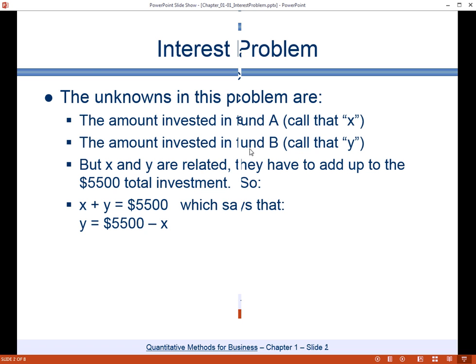So if you look, we've got right here X plus Y equals $5,500, and for this particular case, the way I'm going to do it is I'm going to say that Y is equal to 5,500 minus X. And so just keep that in mind, that the relationship on the total amount invested allows us to say any place that we see Y, we can stick in 5,500 minus X, and that's what Y is